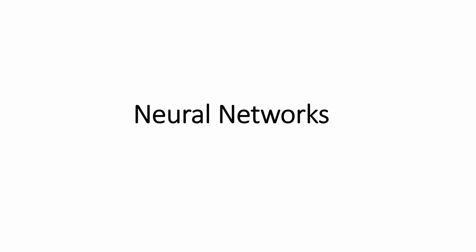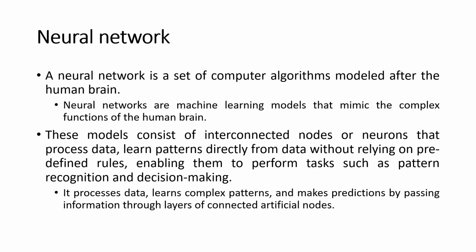Today we are going to discuss a topic called neural networks. Neural networks are a set of computer algorithms which mimic the human brain, or work as our human brain does. We know our human brain works on neurons. We have different neurons, and the input signals pass from each neuron to another neuron. Processing happens in each neuron, and the entire result of this processing will help you in making a decision in